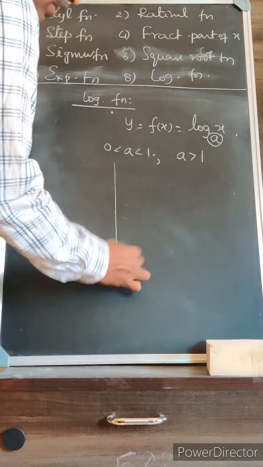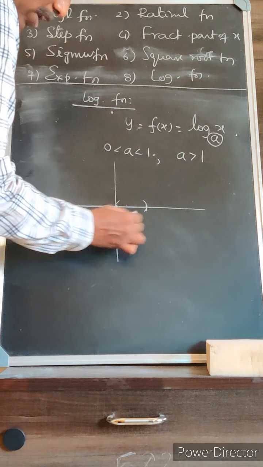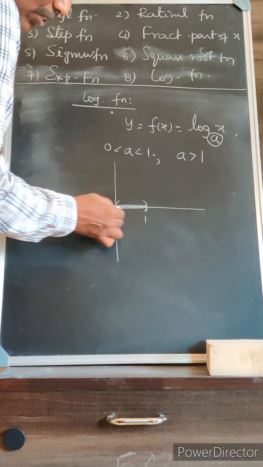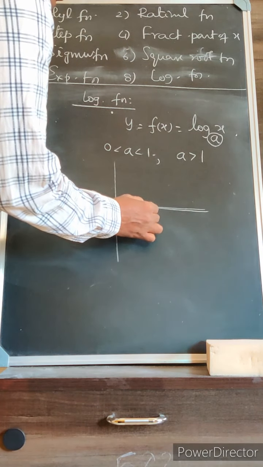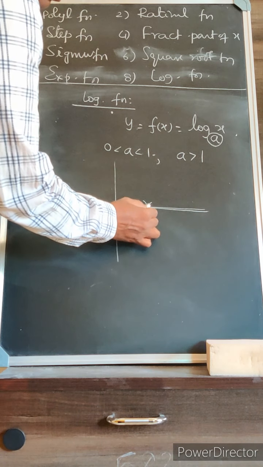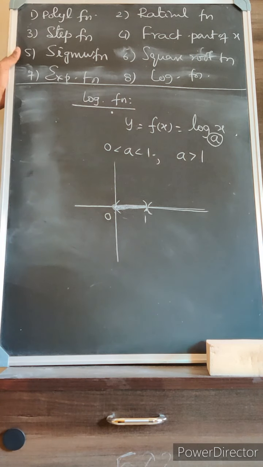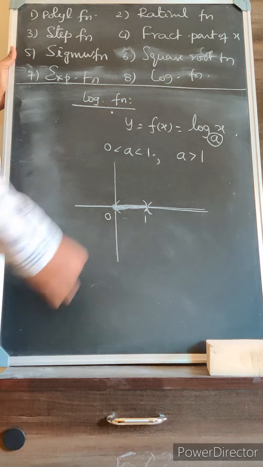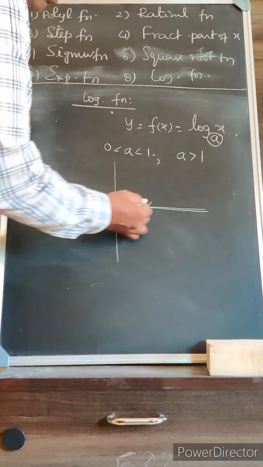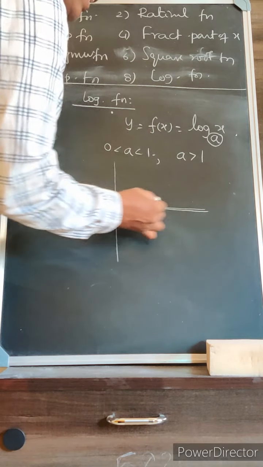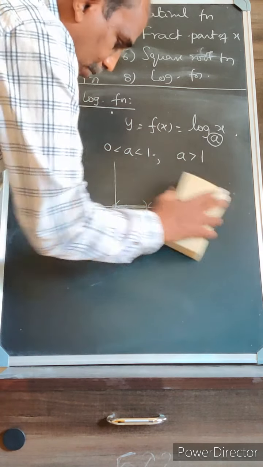The base of the logarithmic function can be any number between 0 and 1, or a number greater than 1. But you cannot take the base of the logarithm as 1, as 0, or as a negative number. So the base of a logarithmic function cannot be negative, cannot be 0, cannot be 1, but it can be any number between 0 and 1 or any number greater than 1. So the graph of this function behaves differently